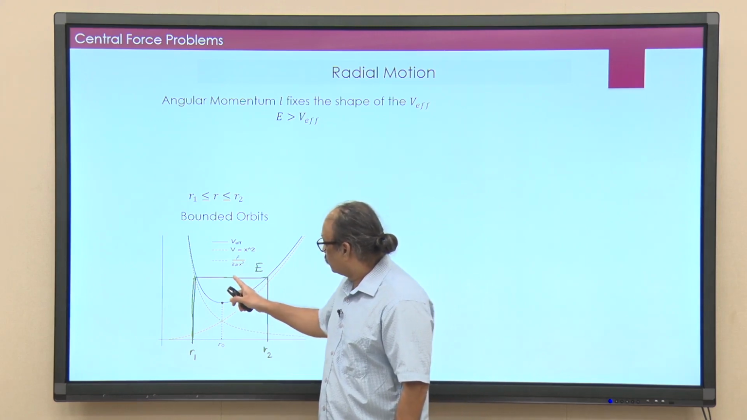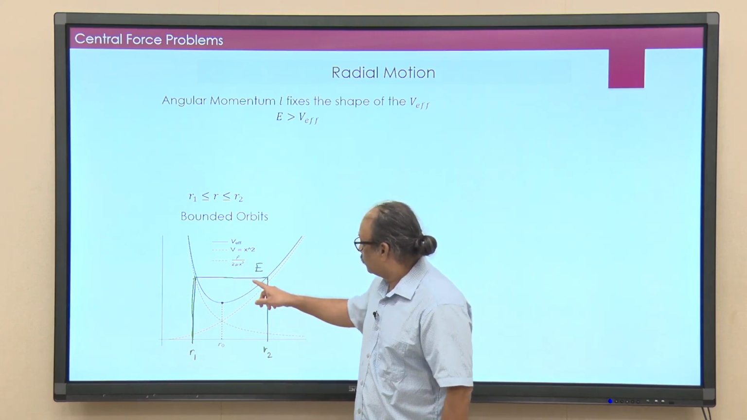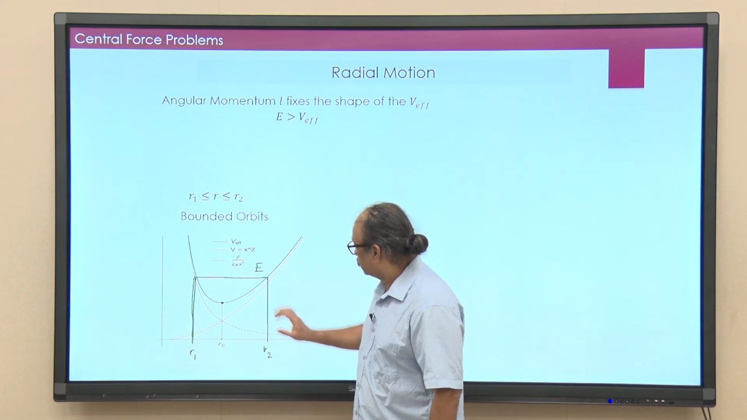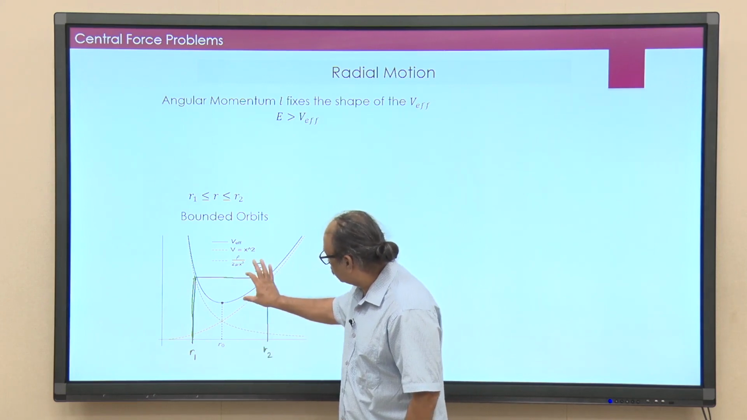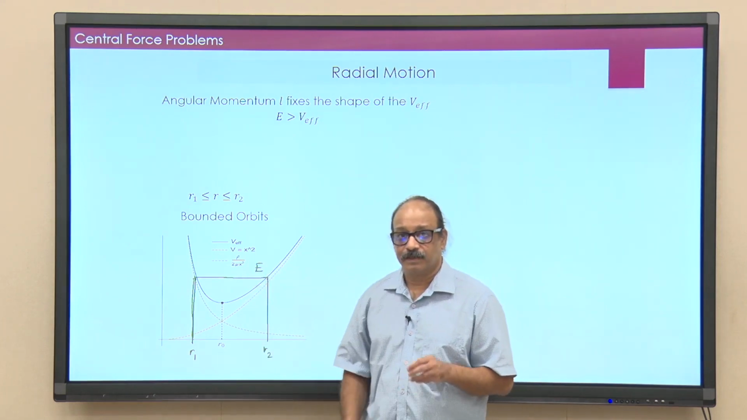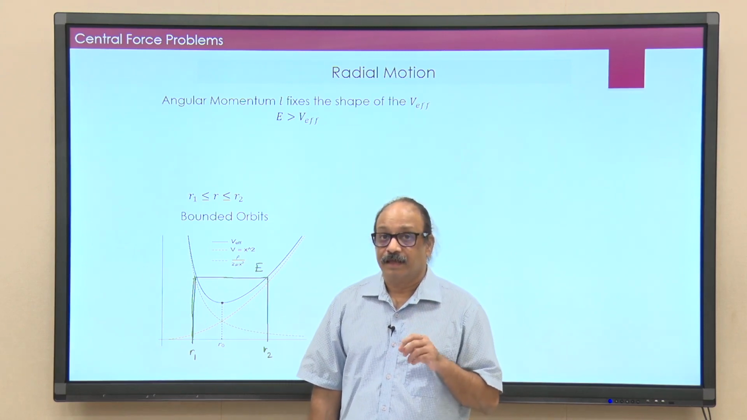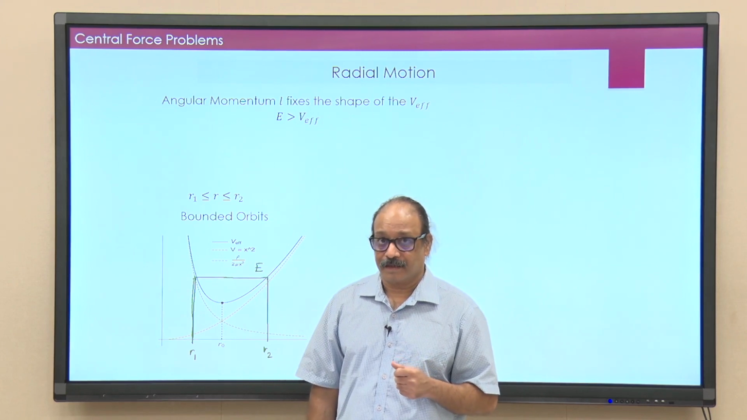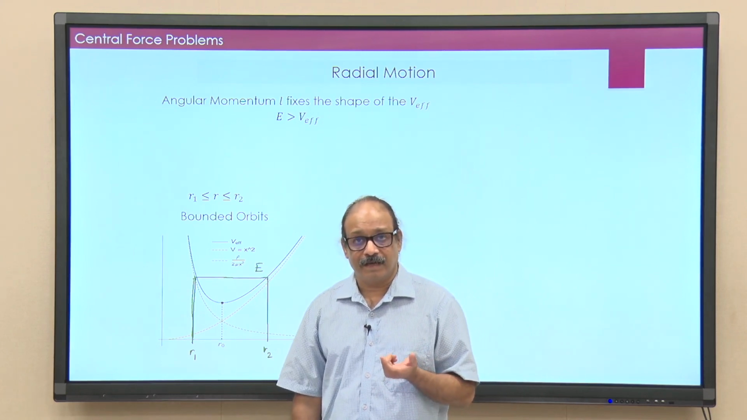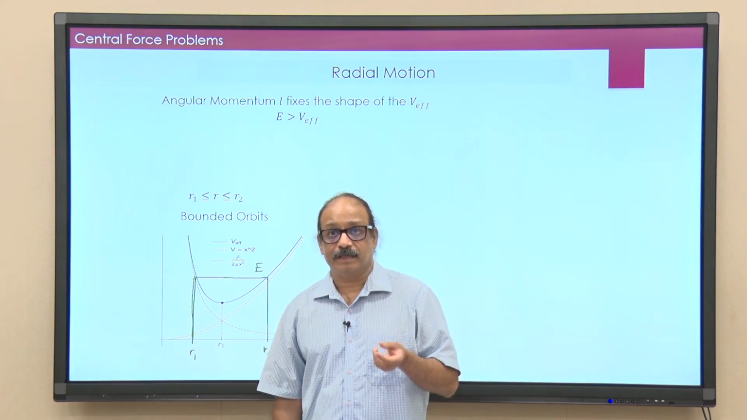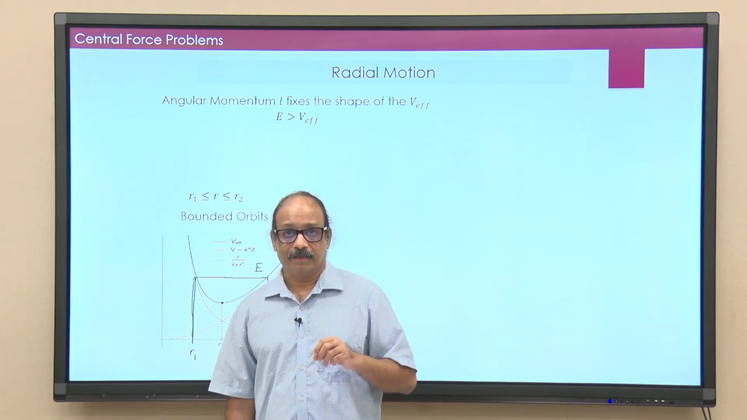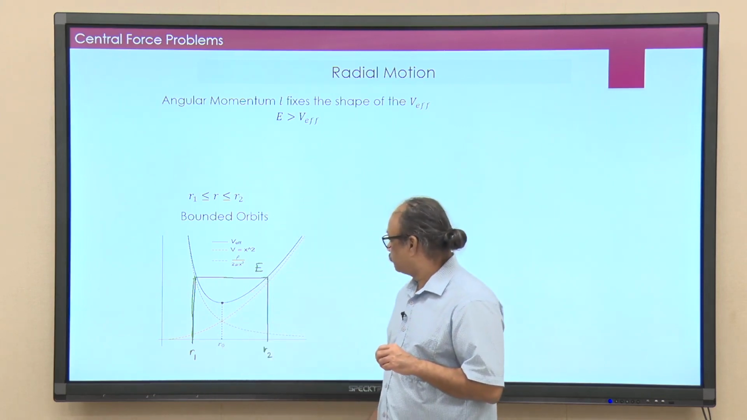Now, energy minus V effective, at any r, energy minus V effective is actually proportional to half m r dot square, that is the radial kinetic energy. But half m r dot square is always positive, that means E minus V effective must always remain positive, and if that is the case,